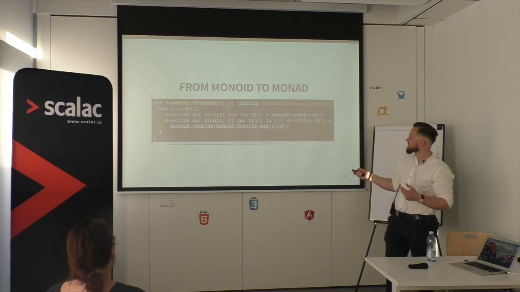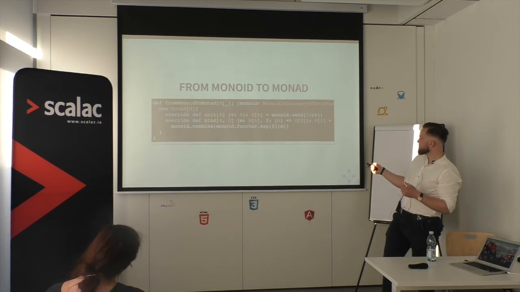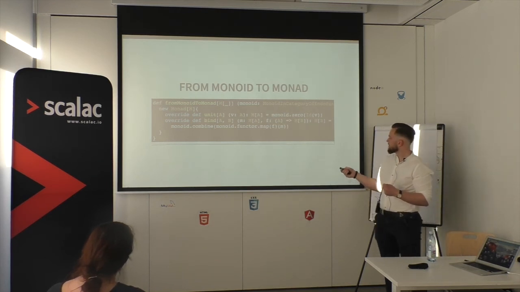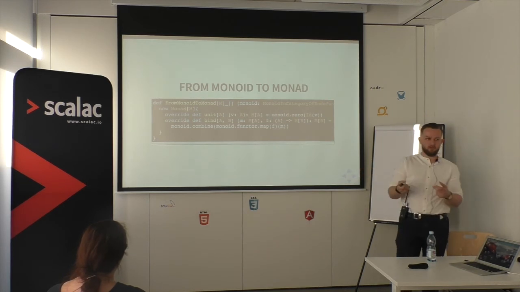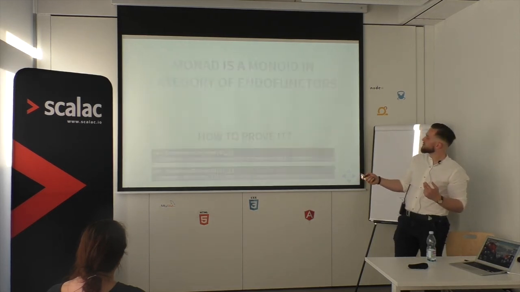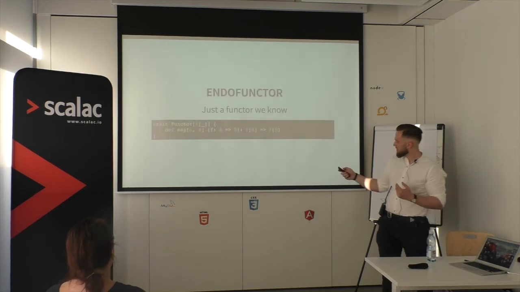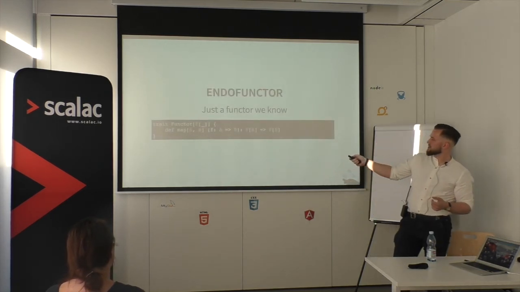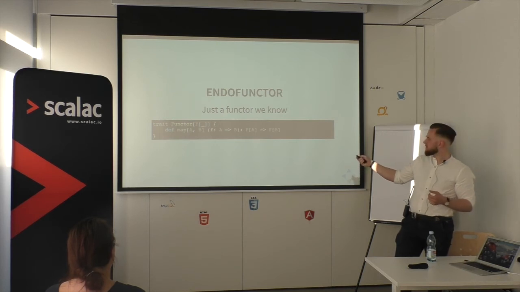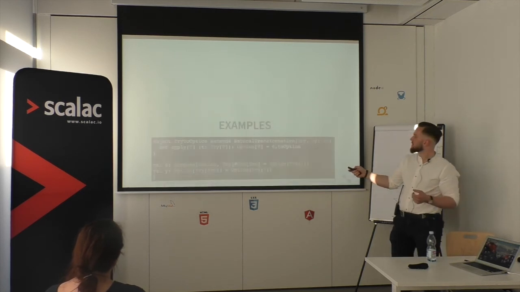we take the functor and this function from A to monad of B. I will call it like that. The M is a monad of B. And we take this function and run the map function on it. So what we get back? If we go back to the definition of a functor, okay, here we see that for any given function, it just wraps both of the sides into the type constructor, yes? So if we apply it here,